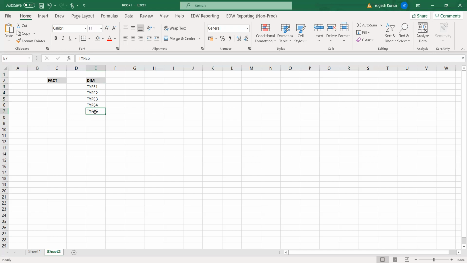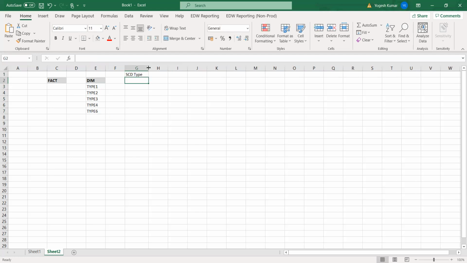Let's learn one more thing. We usually call these tables SCD types. You might hear or read it, or in an interview they can ask what is the SCD type and how many SCD types are there.